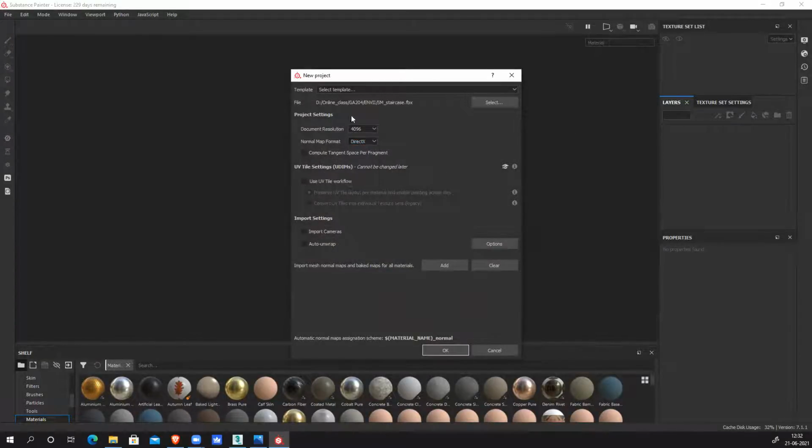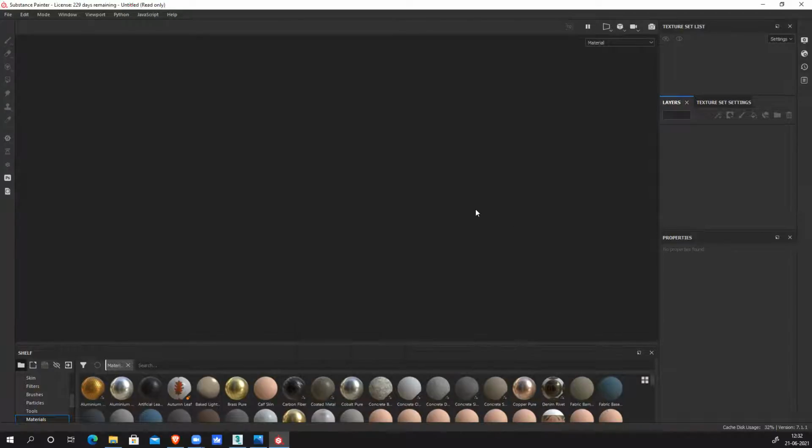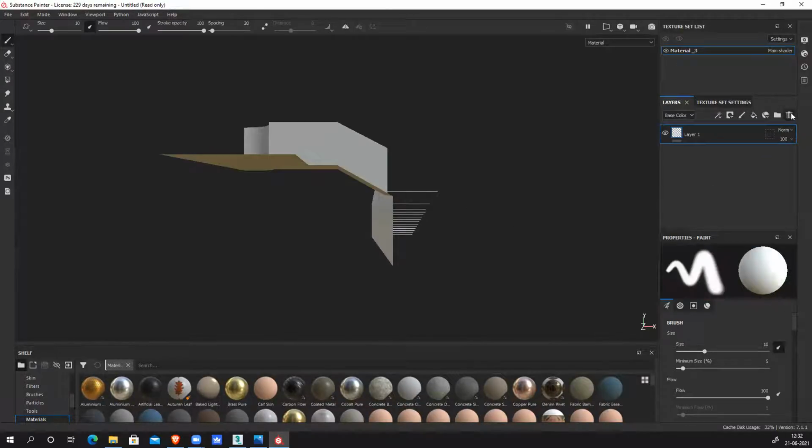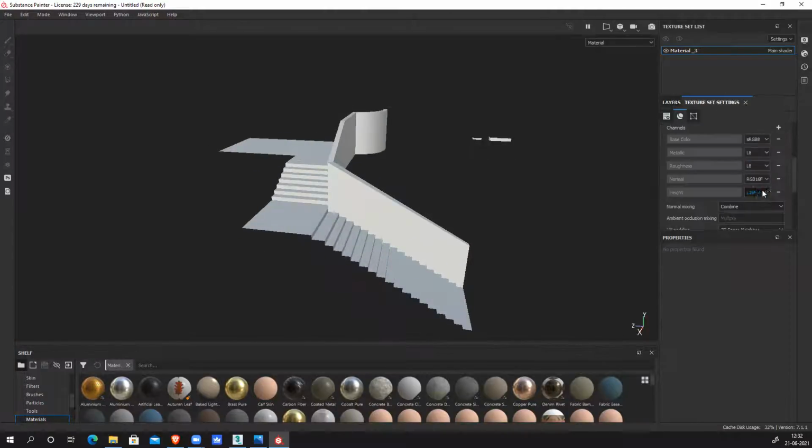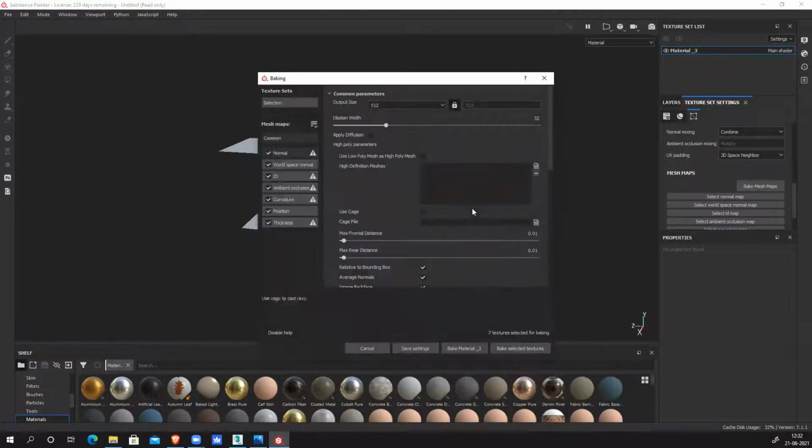And it's DirectX. Delete only one material, the entire thing. So I have to bake this model. This entire thing, 2K or 4K, I'll bake it.